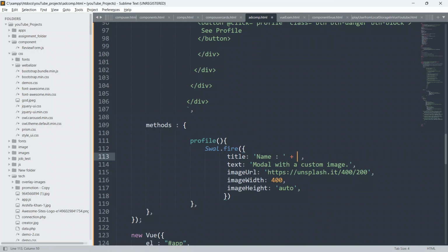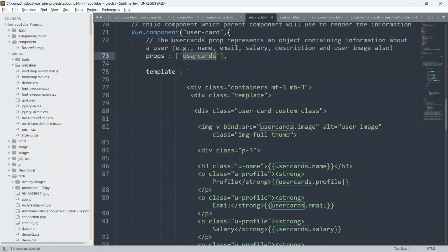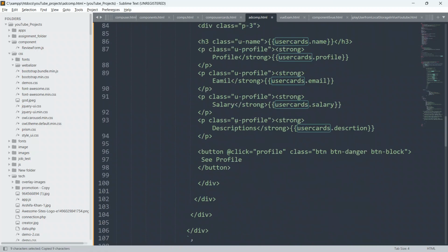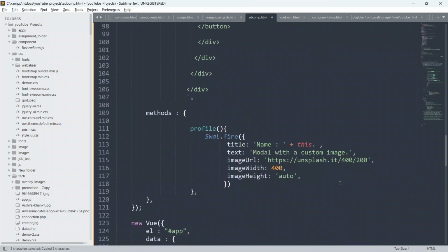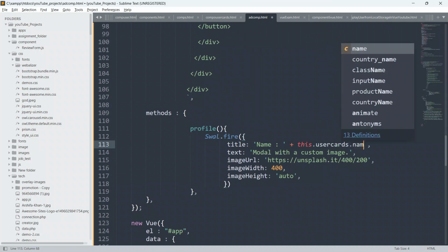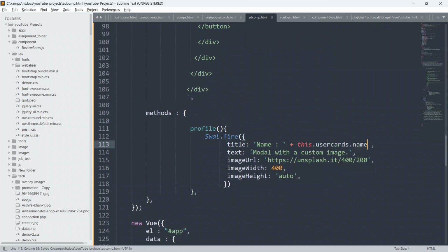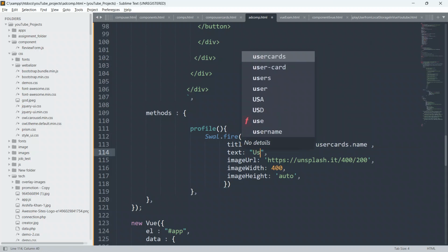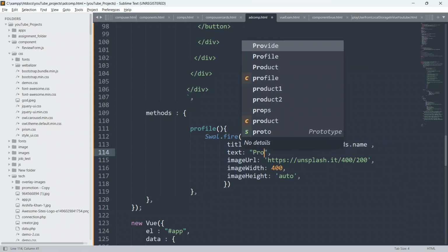And we will say this.userCards, this.userCards.name. And here also, just remove this, and we will say profile. Let it be profile only.